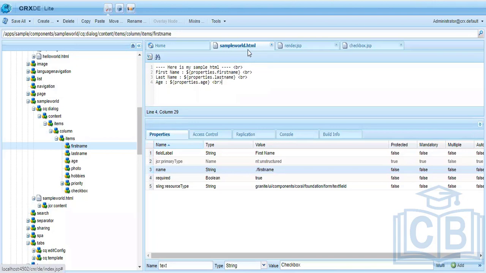Within JSP we can write the Java code by using scriptlet, we can write HTML and we can write the JavaScript as well. Everything can be written. So that was the disadvantage. All the code gets merged into a single file and it becomes very cumbersome to read the code. So that is why, to bring the modularity,